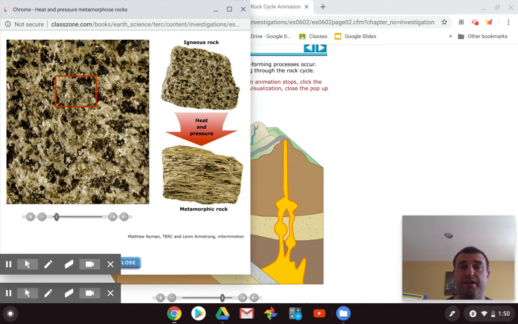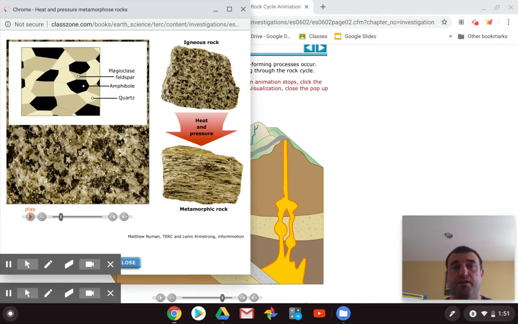So the top rock here is igneous, because you see how all those different colors, the black, whites, and grays are randomly spread out? Well, this rock, if it's put under a lot of pressure, those black, whites, and grays will get flattened. We call this foliation. So if you ever see a rock that looks like it has stripes or parallel lines of different colors, that's evidence of a metamorphic rock.